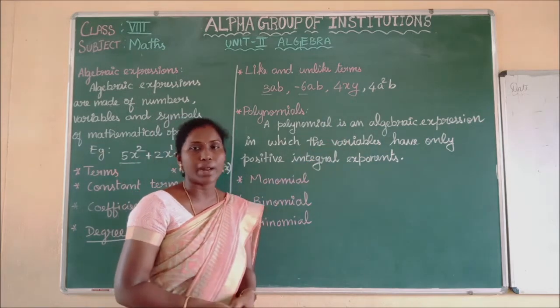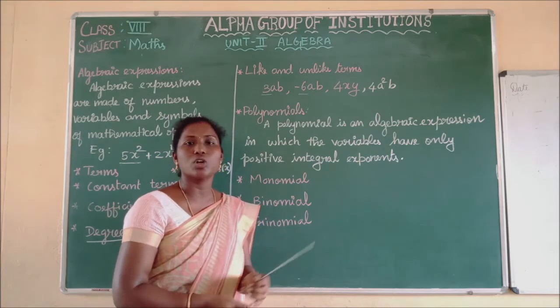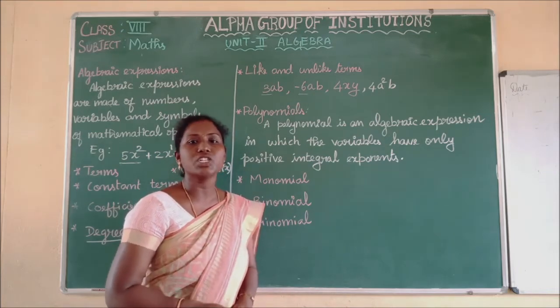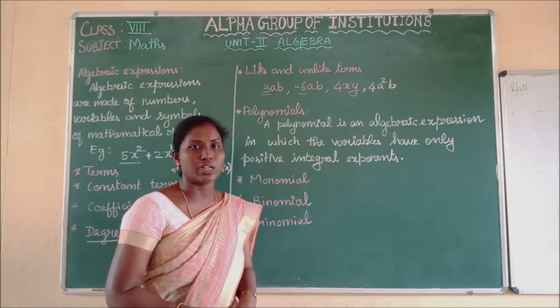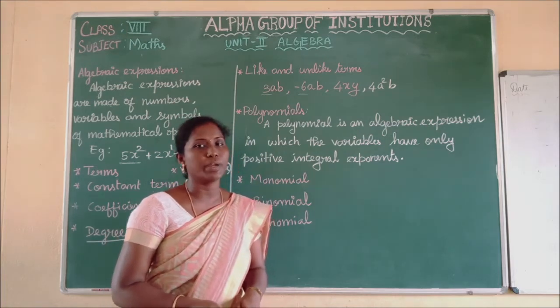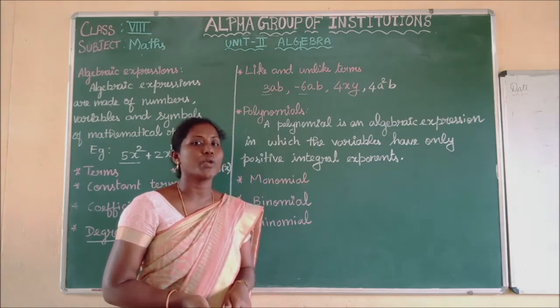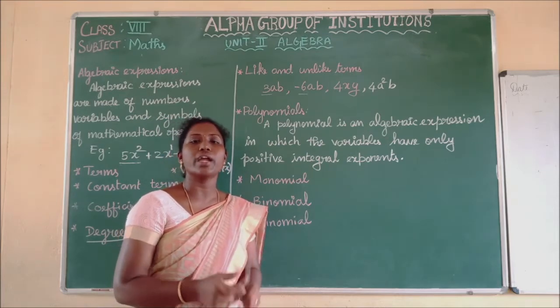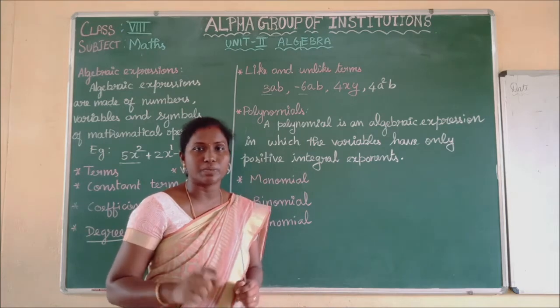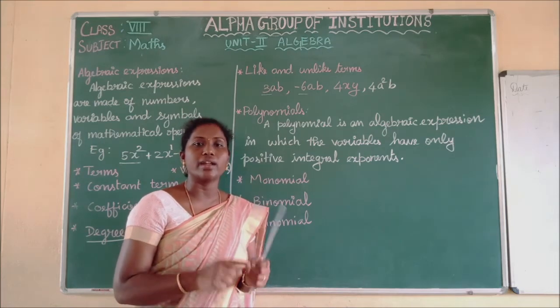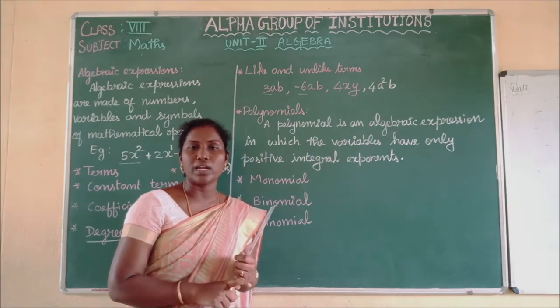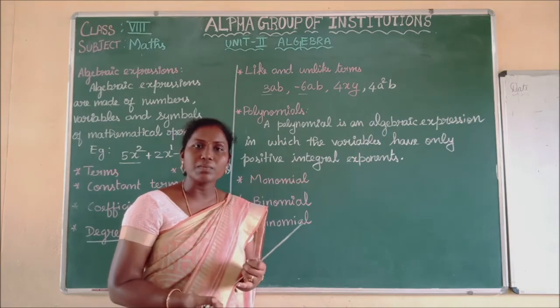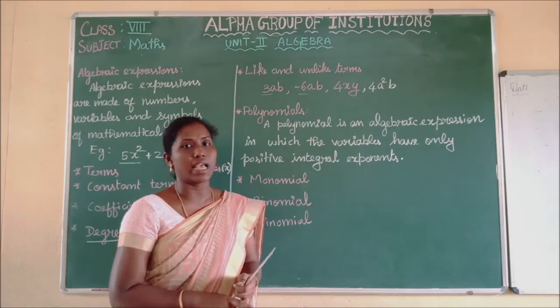While adding or subtracting, in your grade 7 you have solved plenty of problems of addition and subtraction of algebraic expressions. How will you add or subtract the algebraic expressions? You only have to add the like terms or subtract the like terms. You have to identify the like terms in the expression. Then we have to add. For addition we have to add only the like terms. Subtraction means we have to subtract only the like terms. Okay.